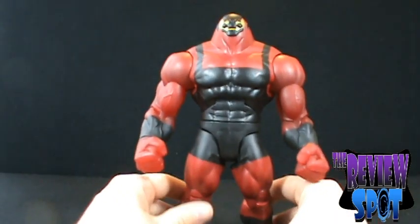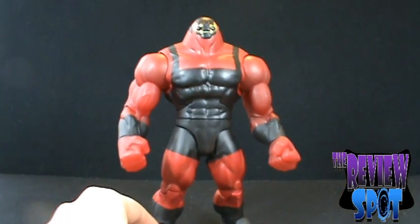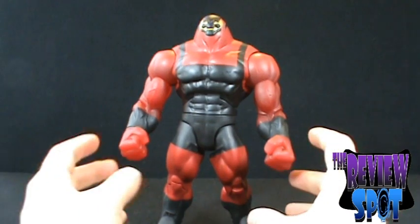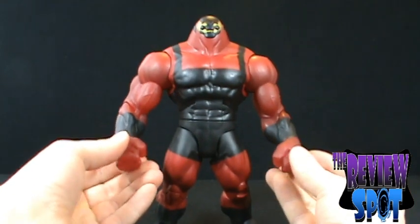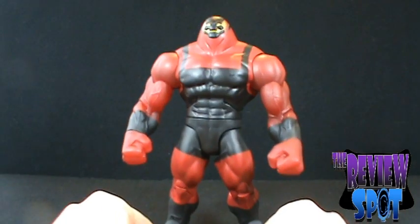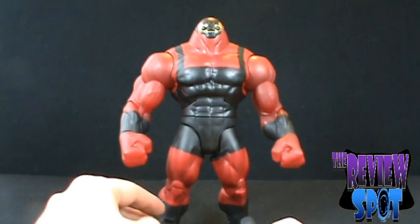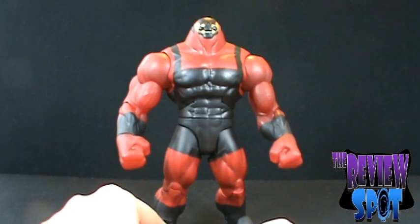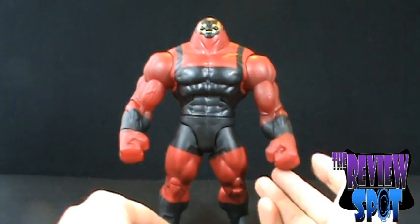This is one of those figures that I've always really been a fan of, Brimstone, and I don't know if all of it is because of Justice League Unlimited. Brimstone does appear in Initiation, which featured the first appearance of Green Arrow. I was going to say Green Lantern, but he was really one of the reasons why I really got into